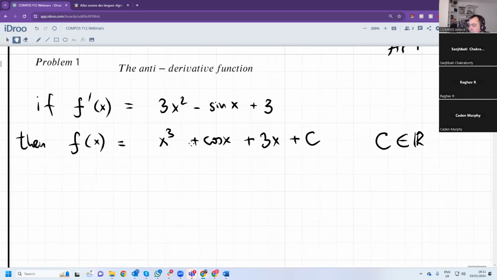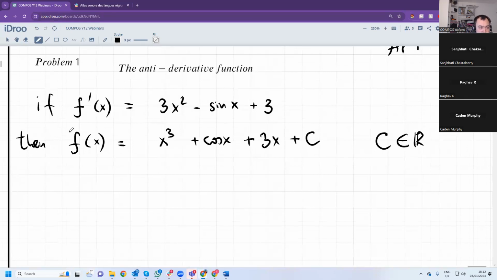But have you done derivatives? Asking the person who just messaged me. Have you done derivatives? Okay. Well, the derivative,